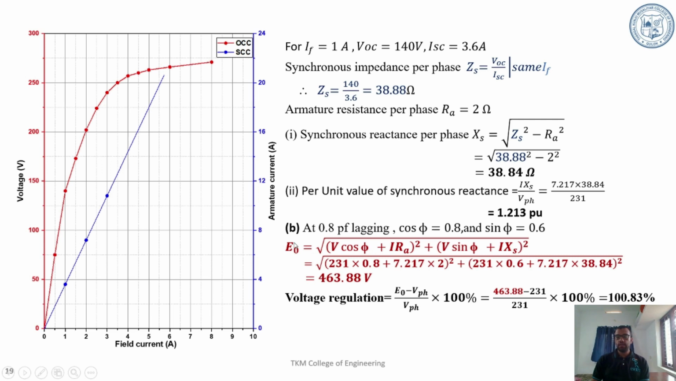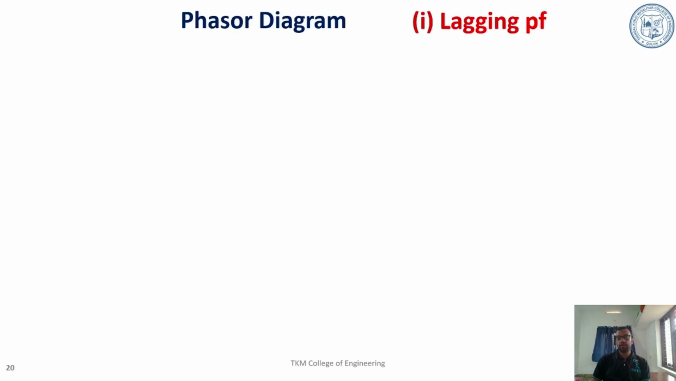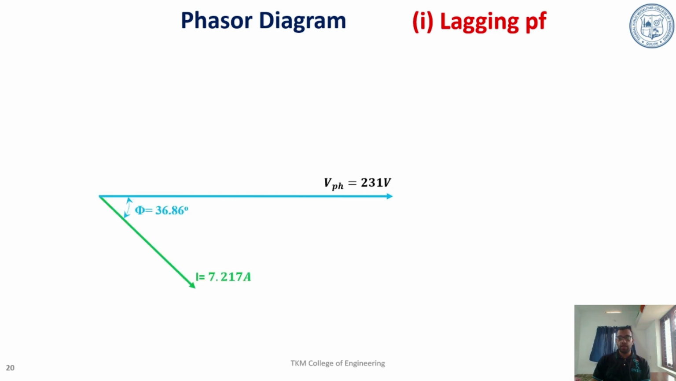Then substituting E0 and V rated in the expression for voltage regulation, it is obtained as 100.83%. Coming to the phasor diagram corresponding to the lagging power factor case, V is taken as reference, that is 231 volt. Current I, that is 7.217 ampere, is lagging voltage by a power factor angle 36.86 degree. We need to consider I into RA drop, that is in phase with I, coming around 14.434 volt. Then I into XS drop is coming around 280.30 volt, which is leading I by 90 degree, and this